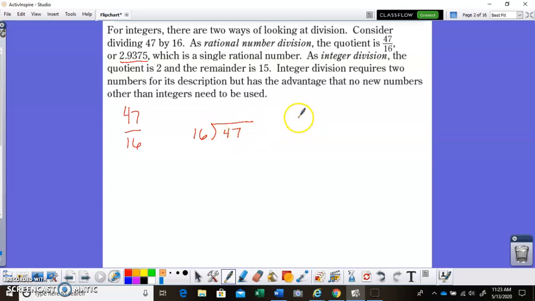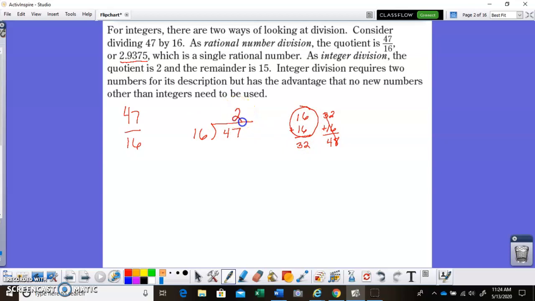So I can come over to the side and do a little bit of work to figure this out. I can do 16 plus 16 and see if it goes 2 times. That would get me an answer of 32. So it would definitely go 2 times because 32 is less than 47. But let's see if it can actually go a third time. What if I take that 32 and add a third 16? Well, I get 48, and that's too much. I can't go that high. Once I reach a number that's higher than what I'm dividing into, I know I've got everything I can do. So there are 2 16s that can actually go into 47,